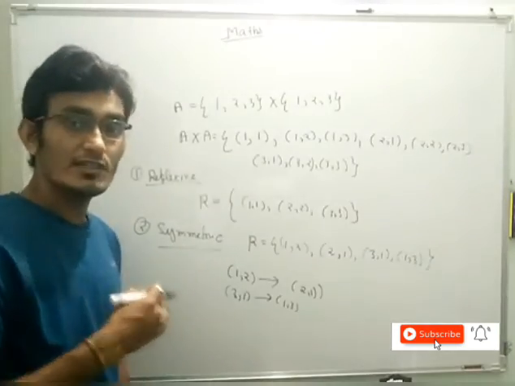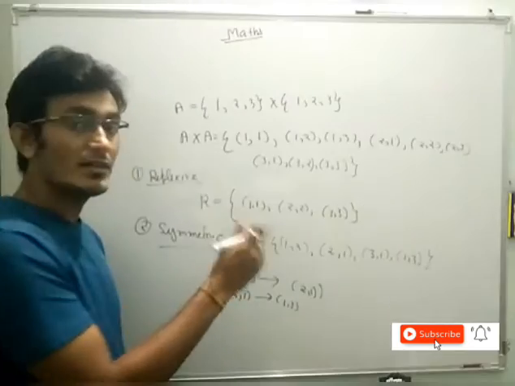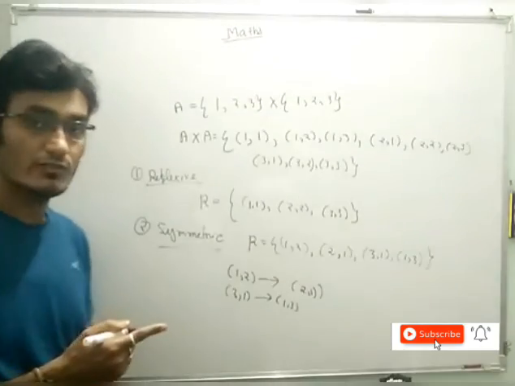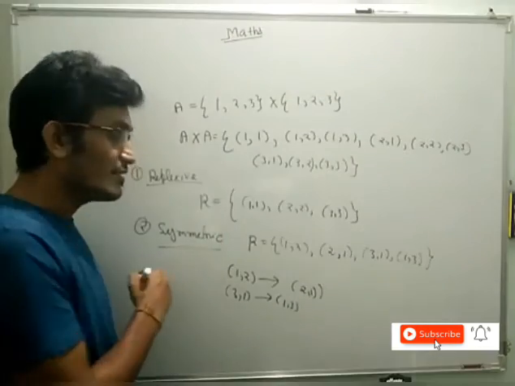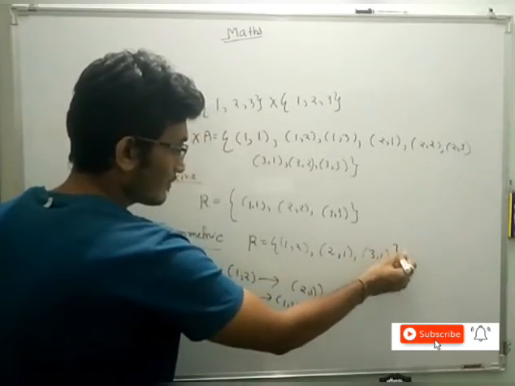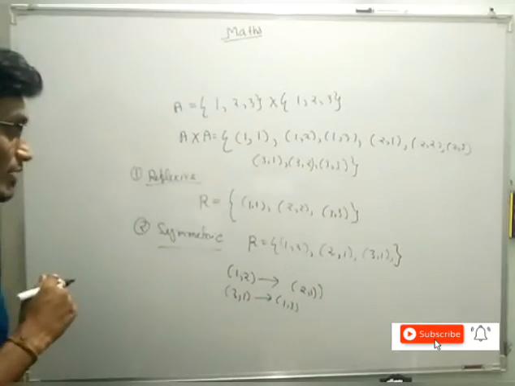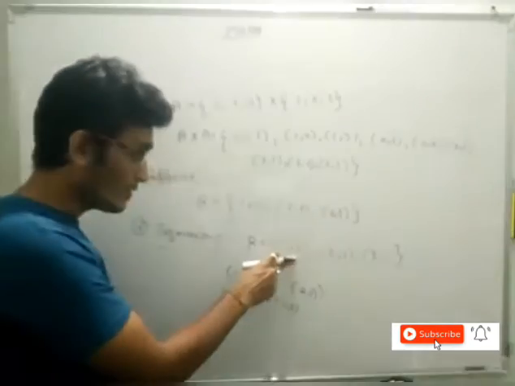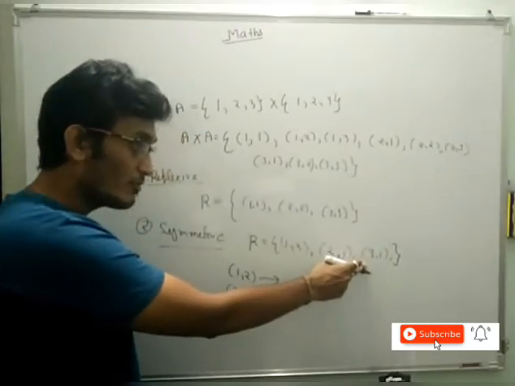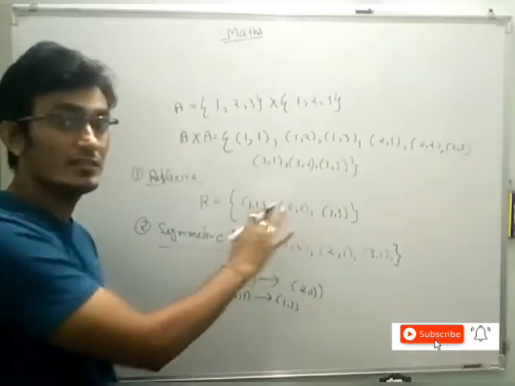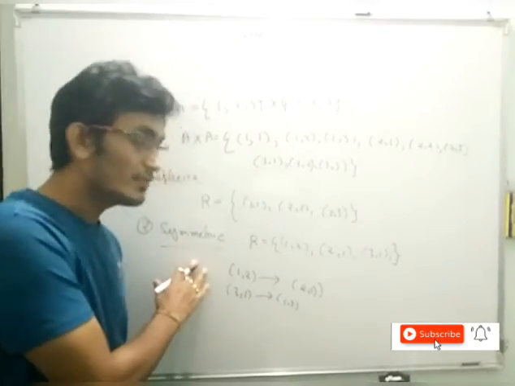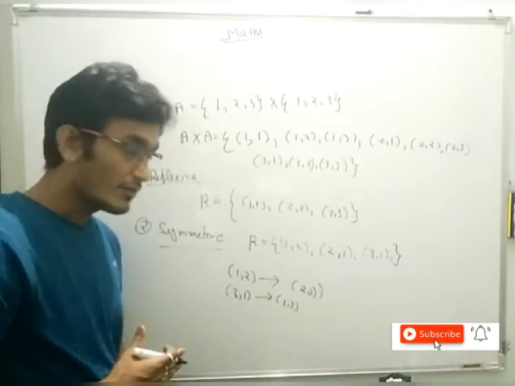So we can consider it a symmetric relation. When a relation is said to be symmetric, each ordered pair must have its reverse ordered pair. In that case, we can say that it is a symmetric relation. Suppose in this given example (1, 3) is missing. Then it should not be a symmetric relation, because for the ordered pair (1, 2), (2, 1) is present, but for the ordered pair (3, 1), (1, 3) is not present. The reverse ordered pair for (3, 1) is not present, so we cannot consider it a symmetric relation.